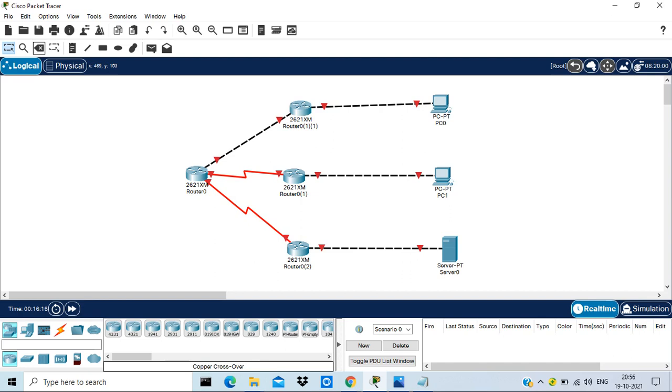If the other end device is powered up, and if the other end device interface is powered on and enabled, because generally all the Ethernet interfaces of the router are in a disabled state. So if they are in an enabled state, and if you are connected, and if the other end router is also powered on, then definitely the protocol will be up even if you haven't configured any IP address till now. So the first thing is we need to enable. So you know how to enable, right?